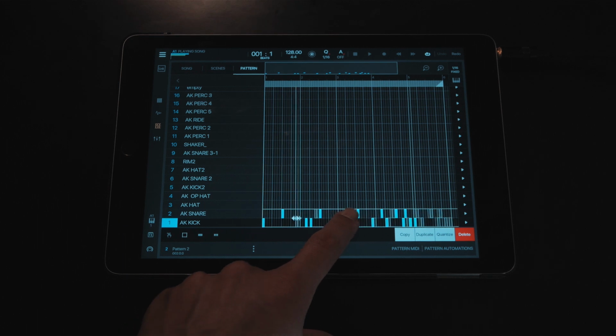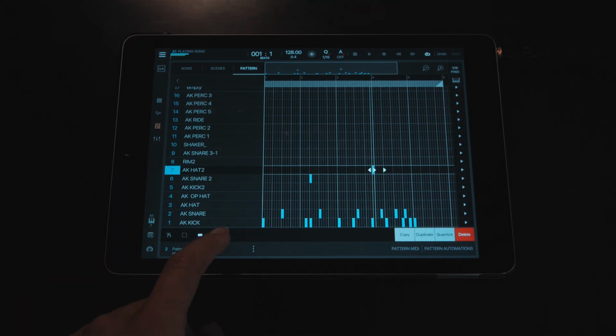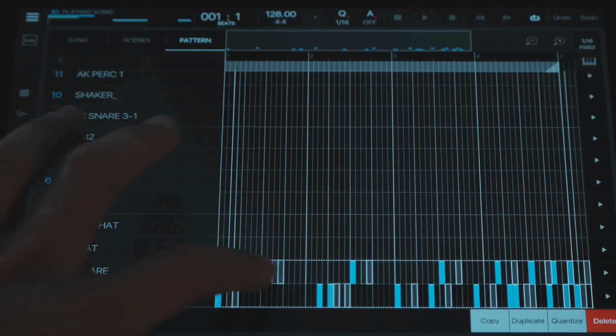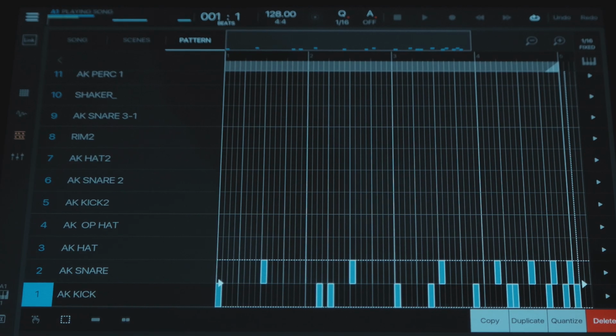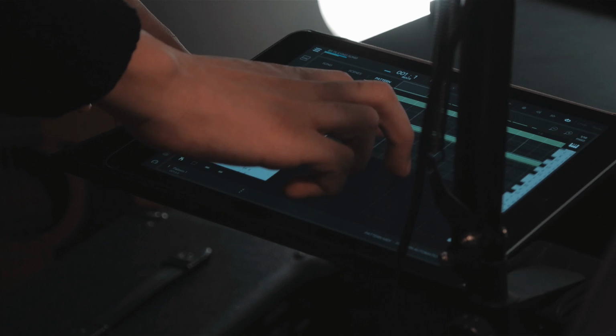Using the square marquee tool, we can select a batch of notes and move them as needed. Next to these are new tools that let you tap to create new patterns by holding on the grid. If you double tap, you can easily batch select all the recorded notes to move or trim. So, we're going to use some of these tools here to make some adjustments and fine-tune this pattern a bit.